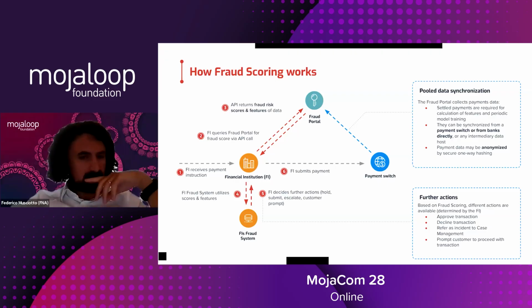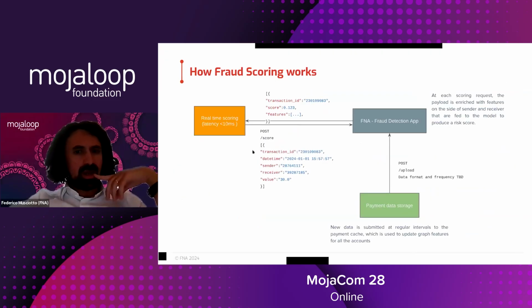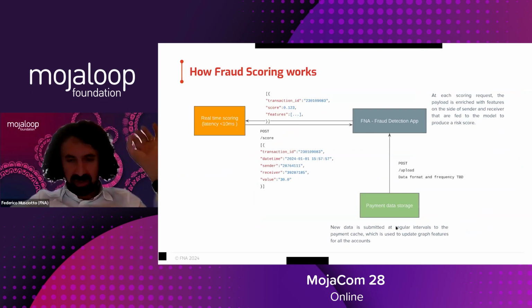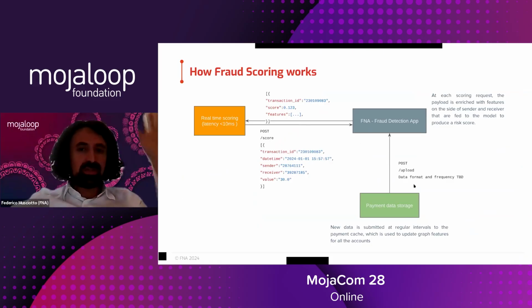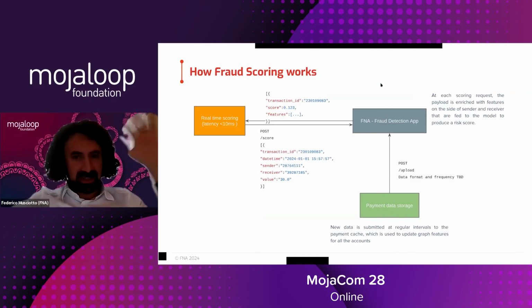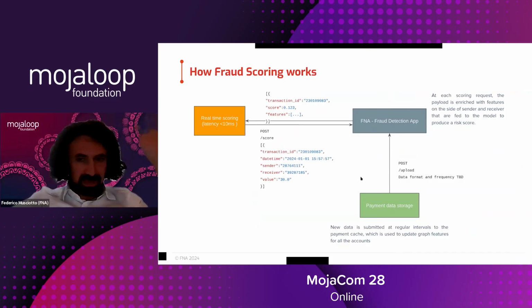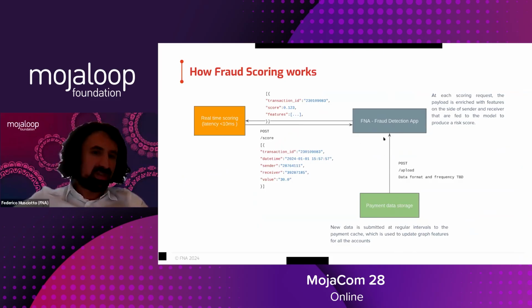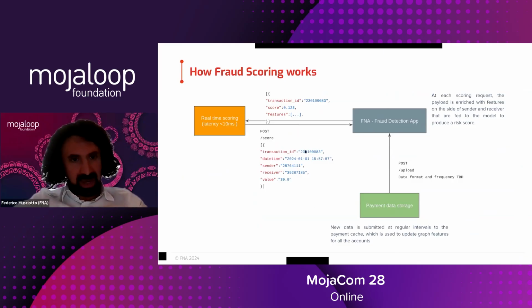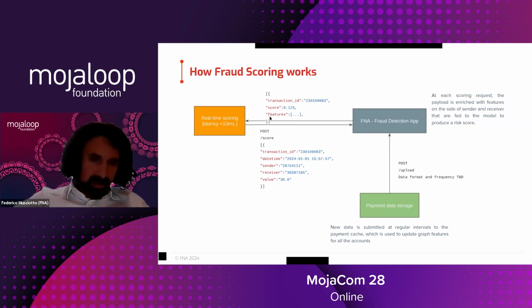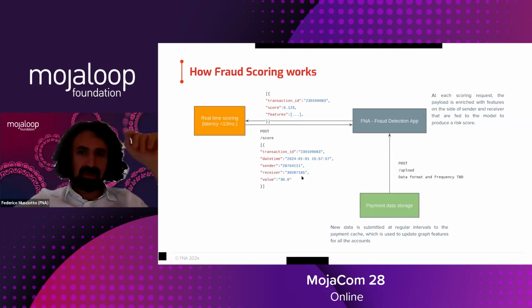Okay, yeah. Yes, sure. So, very quickly, this is just the bare bone version of what I said before, in the sense that without looking at the specific actor, we need to have basically an upload. The way the system works, there's an asynchronous process that is uploading previously settled payments, which is used by us to calculate the features, and this happens independently. Then we have this back and forth where whoever needs to score the payments submits the payload to be scored, and we give back a score and, if needed, features, scores in different forms and so on.